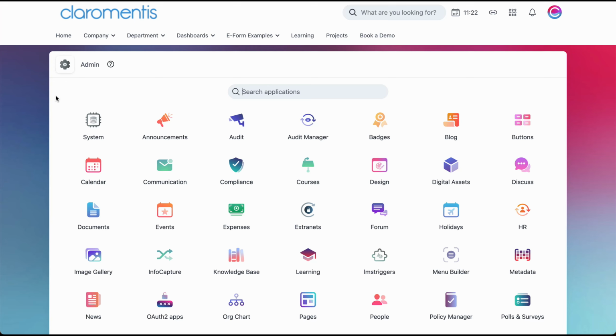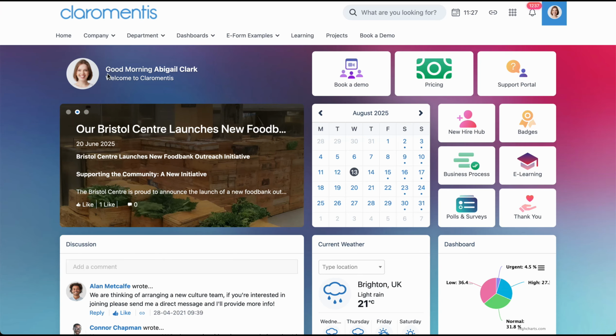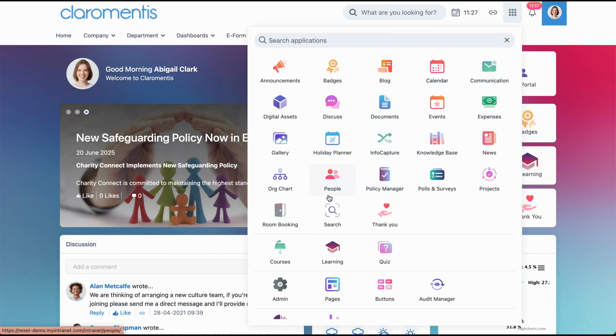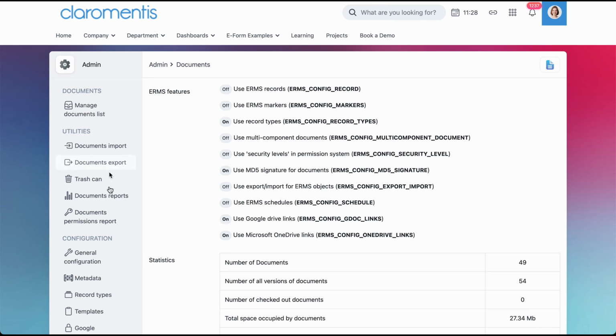Outside of this, there could be other users who will be given extra responsibility to manage singular applications. For example, you may have a user who is not part of the intranet management team but is responsible for managing all documents across the site. Therefore, they can be made an application administrator of documents to give them access to its admin side and manage all documents effectively. The appropriate setup for application administrators depends on your company's needs and how the site should be